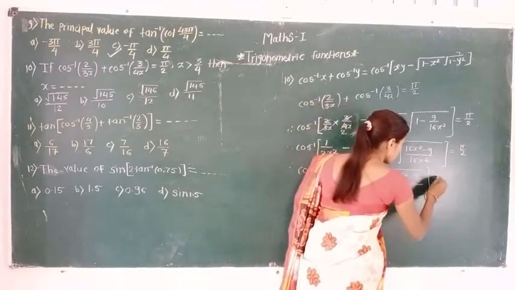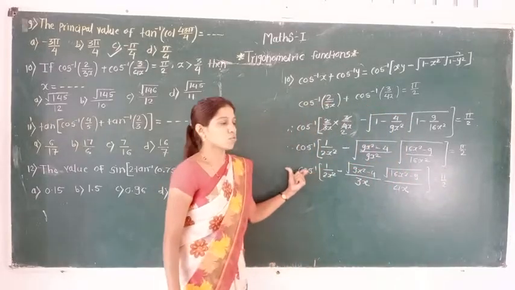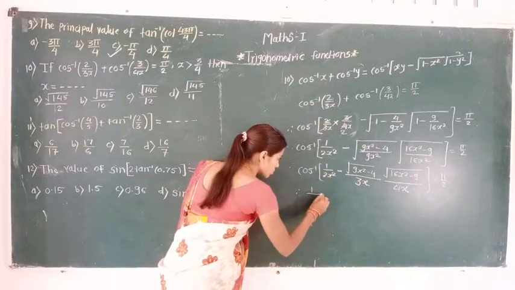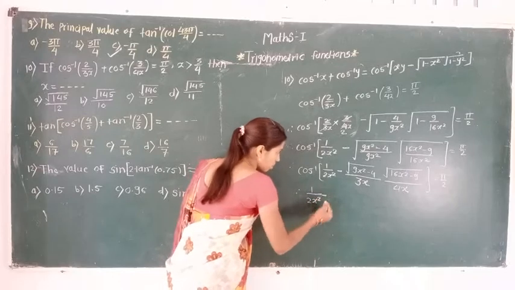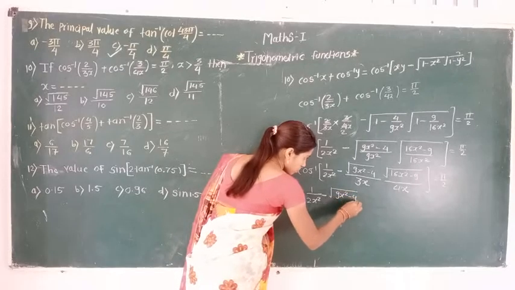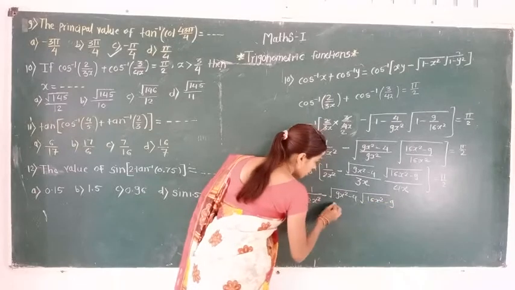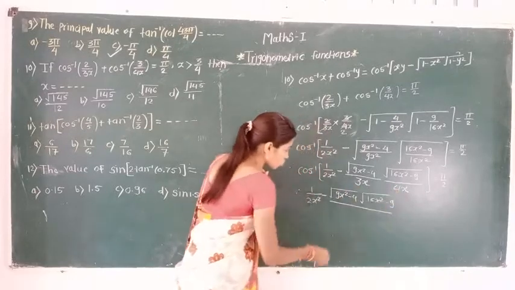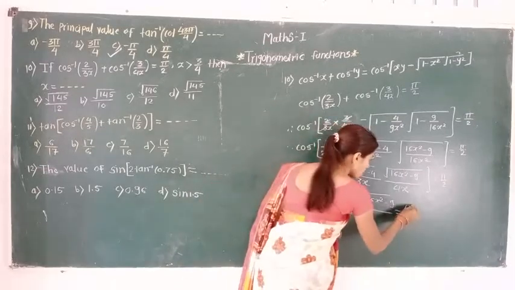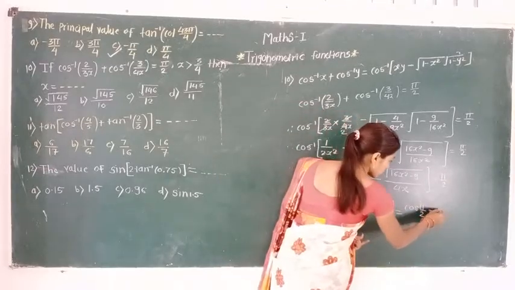So is equal to pi by 2. But in that case this cos inverse function transforms to the right hand side. So we can write 1 divided by 2x square minus root of value 9x square minus 4 into root of value 16x square minus 9 divided by, take a multiplication of these two terms is 12x square is equal to, we can write cos pi by 2. But we know that the value of cos pi by 2 is 0.